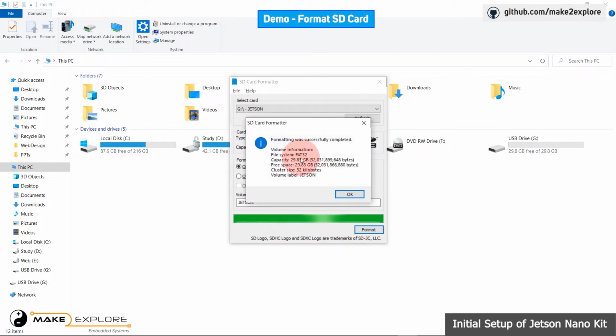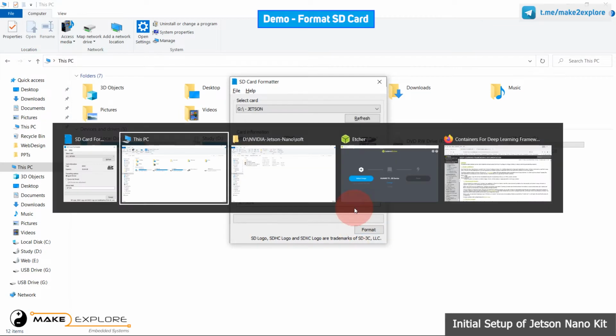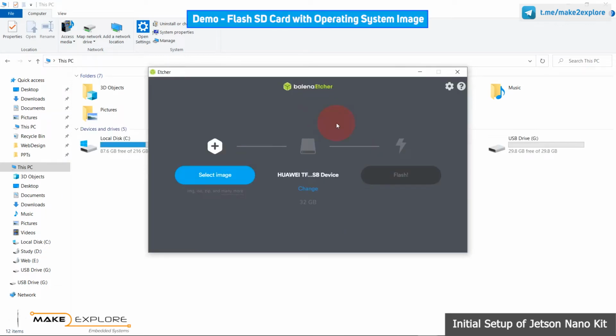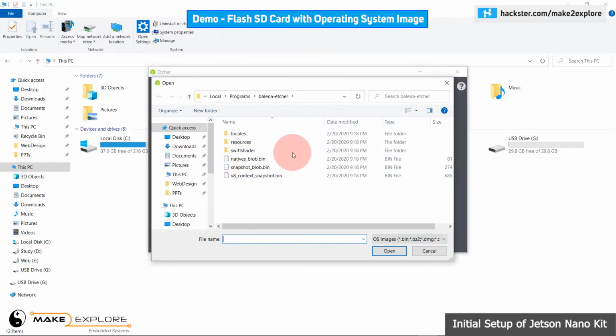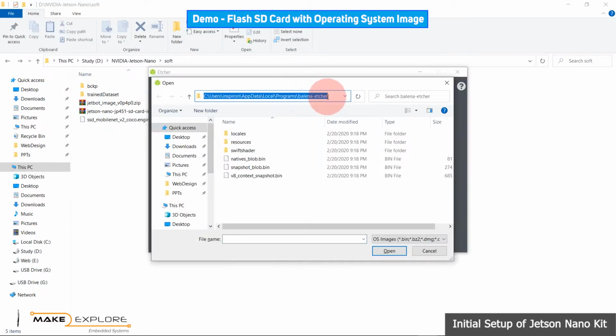Once the drive is formatted, let's write the JetPack image, meaning the operating system image, on this SD card. For that we will use Etcher software. Open Etcher software like this. Then select here which image file or compressed image file you want to write to the SD card.